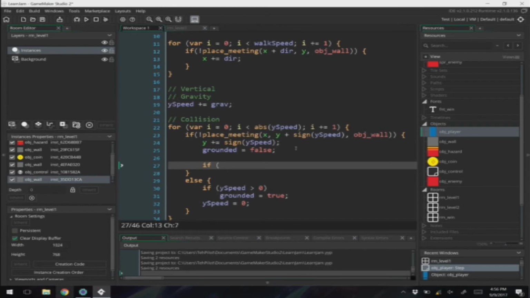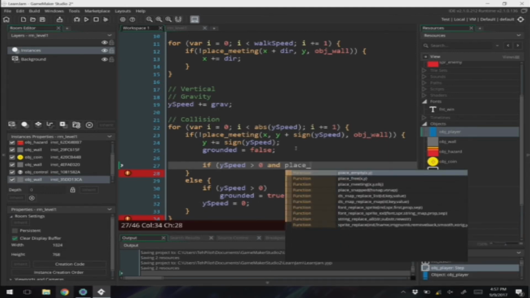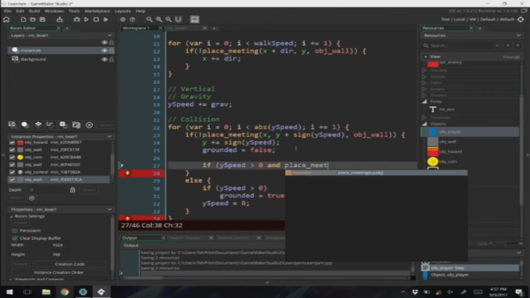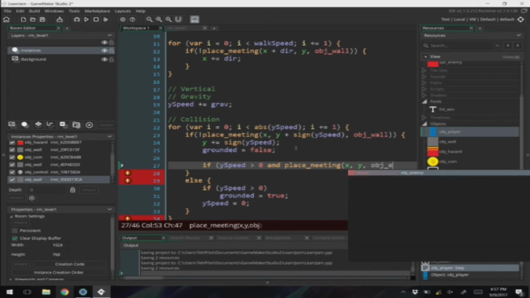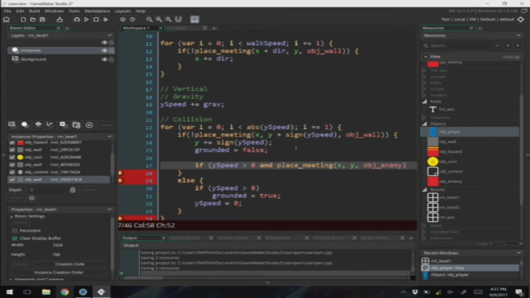If, and I'm going to do the same check that if y speed is greater than 0, so if I'm going down, because if I'm jumping up and hit an enemy, I shouldn't kill them. That wouldn't make any sense. And place_meeting at my x, y, object enemy. So if I'm meeting an object enemy,